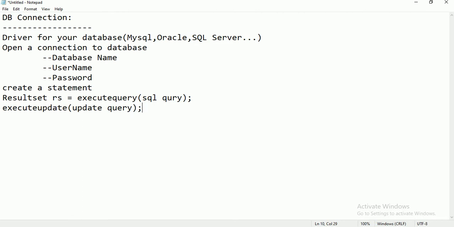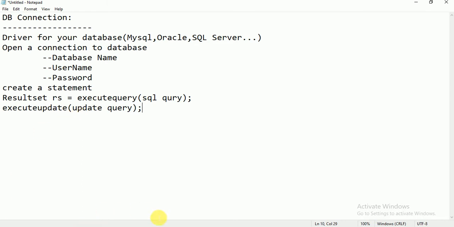Like this, it is going to work, guys. The result set is where the data returned from your execute query is stored. From the result set we read the data one by one. So this is how the database connection will work to connect to any database. Let me see all these things practically.